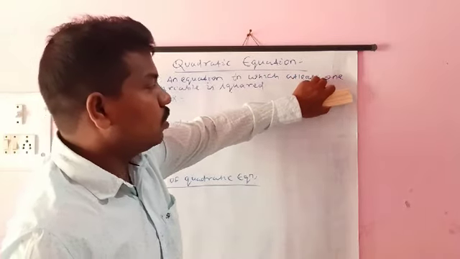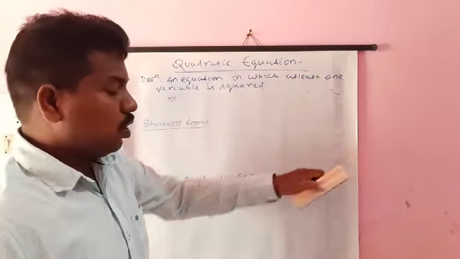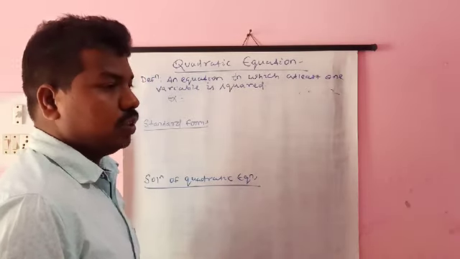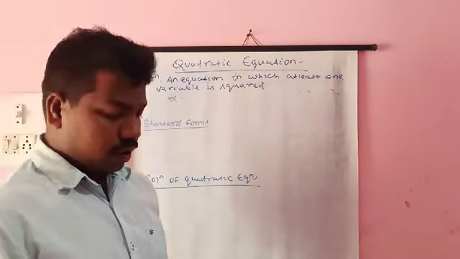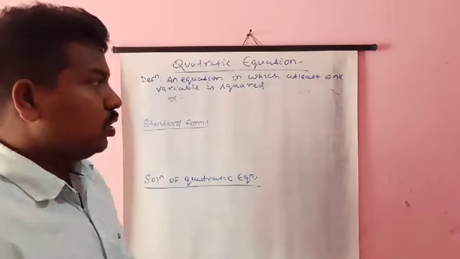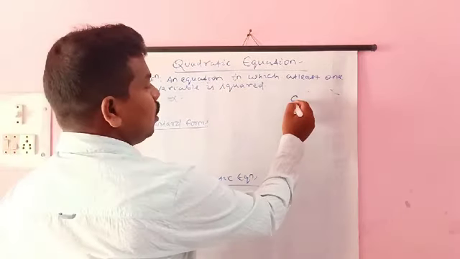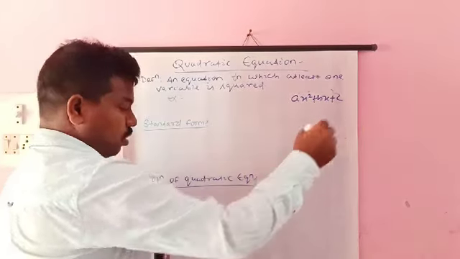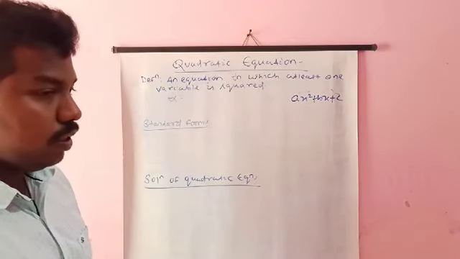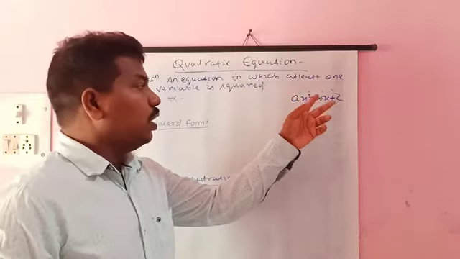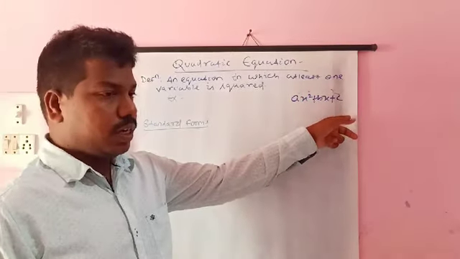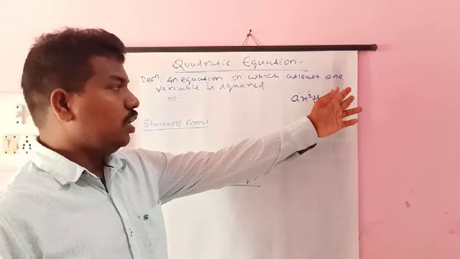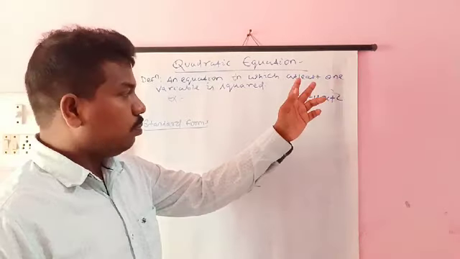The quadratic equation is a term which comes from the quadratic polynomial. We already discussed quadratic polynomials in 9th class. In 9th class we know that a quadratic polynomial is of the form ax square plus bx plus c, but it is not a quadratic equation. Since an equation contains a left hand side and a right hand side with an equal sign, but this polynomial does not contain any left hand or right hand side, so it is a polynomial.